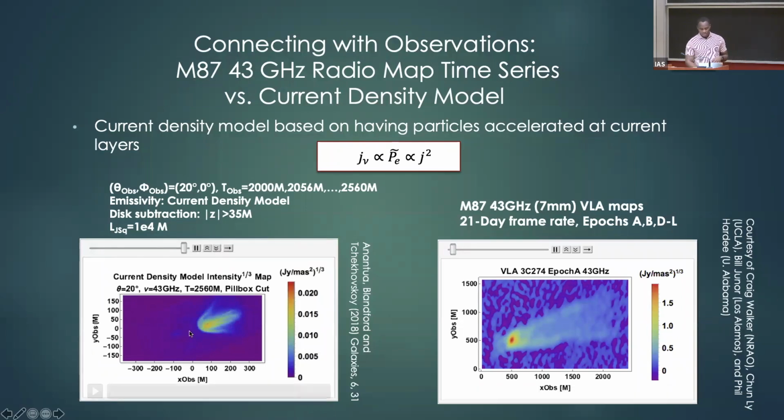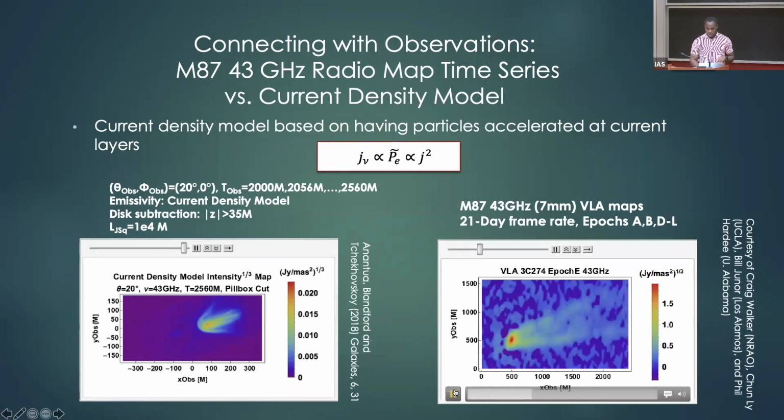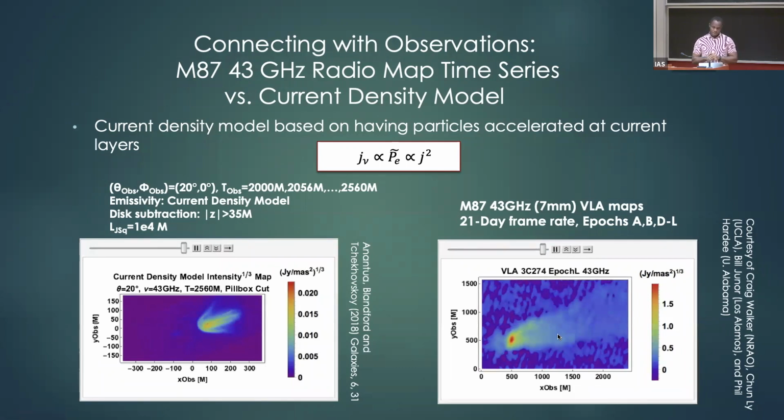And those types of features are reminiscent of the observations that you see at the right, where you actually do see some limb-brightened structures that appear to be roughly flaring around this. So of course, there are some issues with relativistic beaming of some parts and how to make the interior of the spine less prominent, but this is just an illustration of how you can get some of the mapping between some things that you can come up with